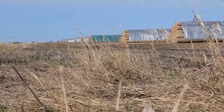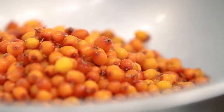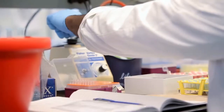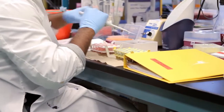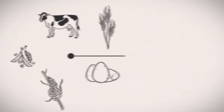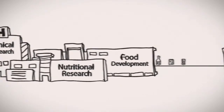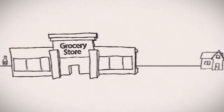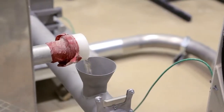One of the unique things in Manitoba around our agri-food industry is the great bounty of raw materials we've got to work with, and now the amazing infrastructure we've got to actually extract the value in that raw material. The MAHRN cluster is really built along a seamless integration that takes us from initial discovery in our raw materials, like our crops and livestock products, through understanding what the potential health benefits are, all the way to a final food product that a consumer can buy or that another food manufacturer can use to enhance the healthiness of their